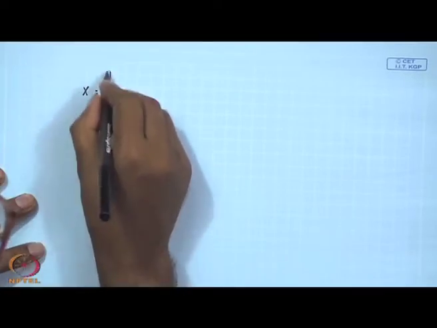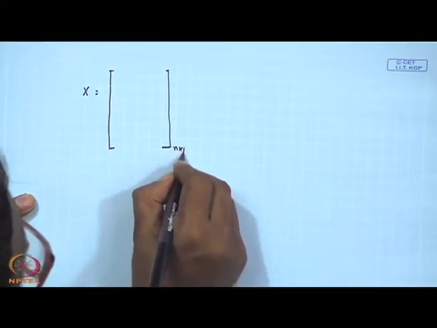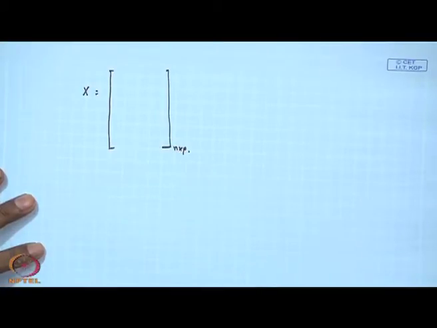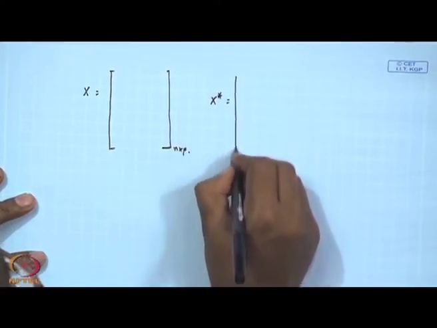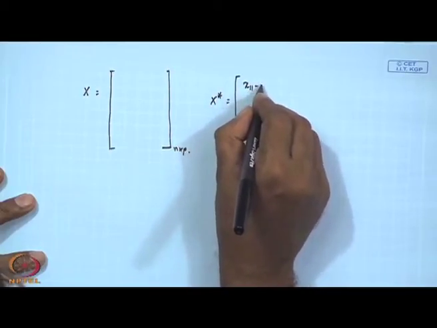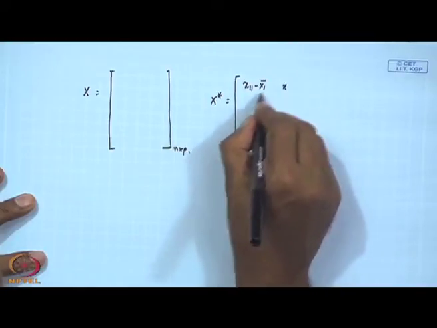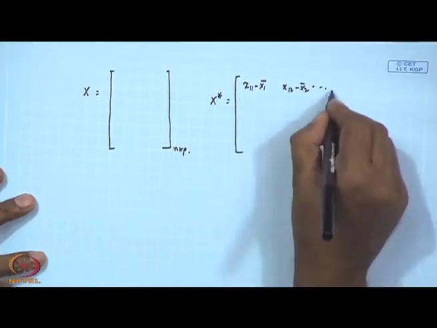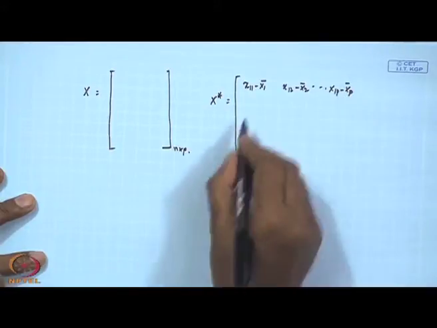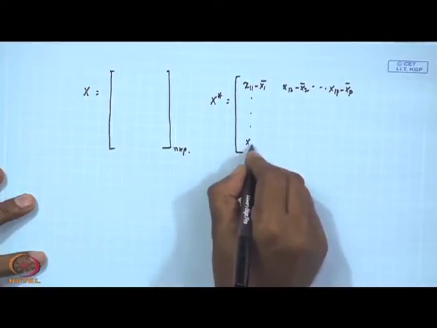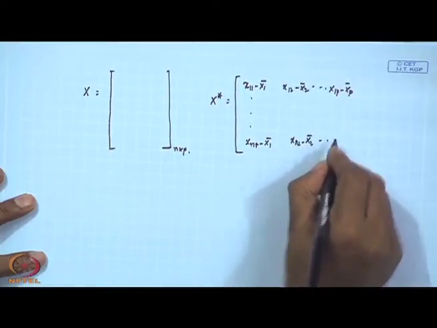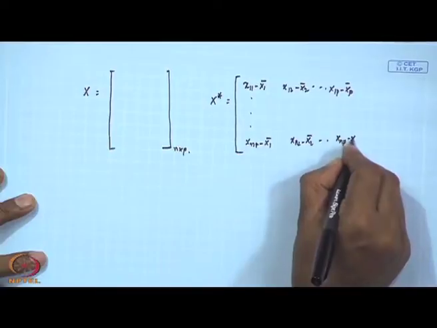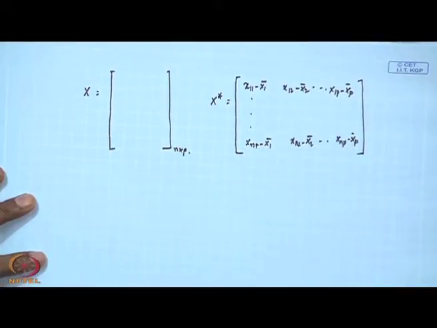You have a data set like x, the same data set n cross p, and I have already given you that we converted this to x star, where each observation was subtracted by its mean, like this manner: x1 minus x1 bar, x2 minus x2 bar, xp minus xp bar. This we created earlier,